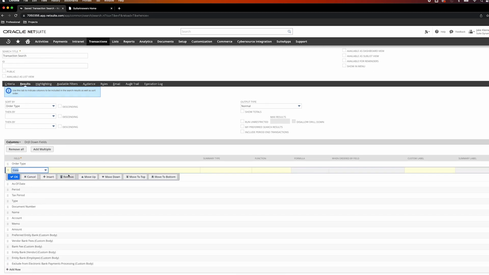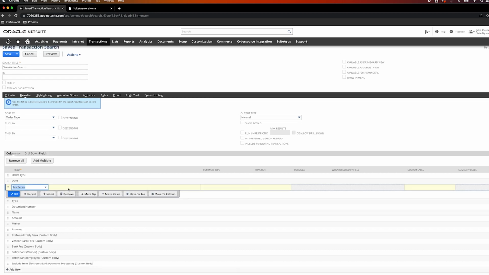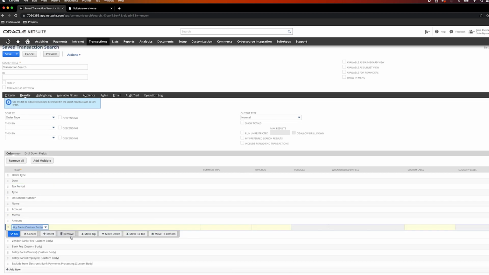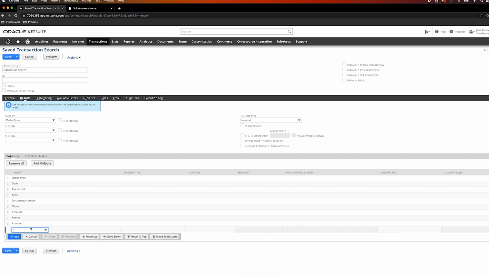As an example, I'm not concerned about as of date. I'm also not concerned about period. So we're able to select the results that we don't want to return and remove those. But let's say we do want to return some additional results that aren't already included in our results. A great way to do this is, again, go under the column subtab, select a new row,